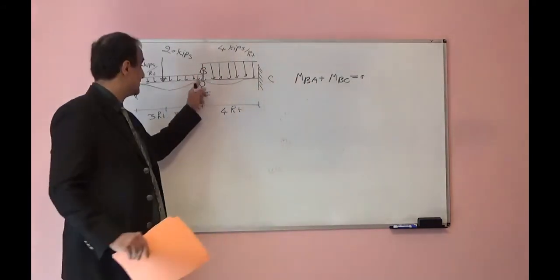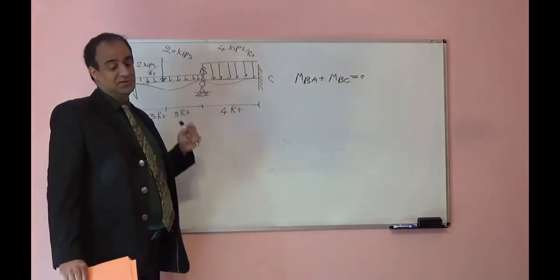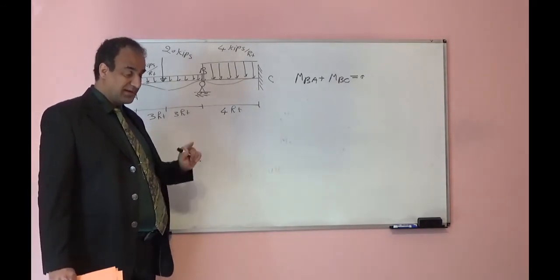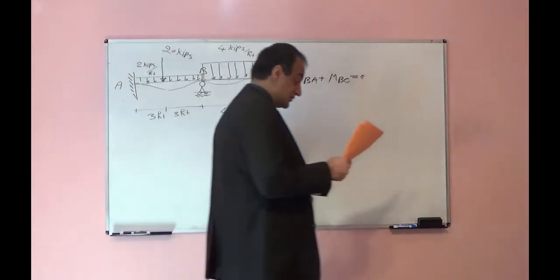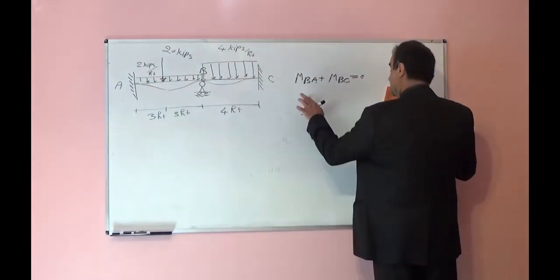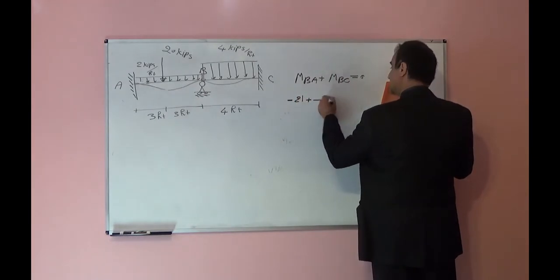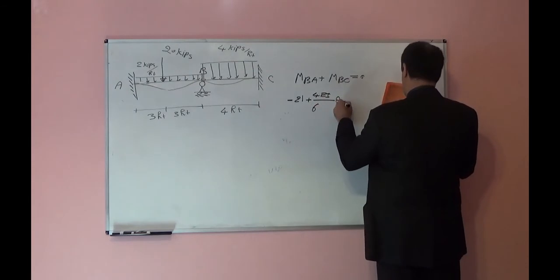This is a rigid joint because it is a continuous member. MBA, we found it, it was negative 21 plus 4EI over 6 theta B